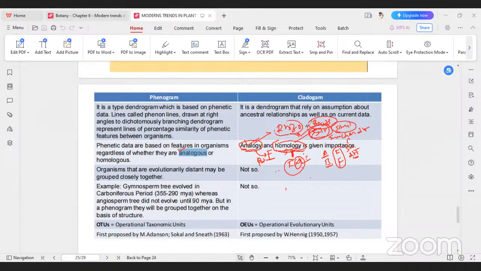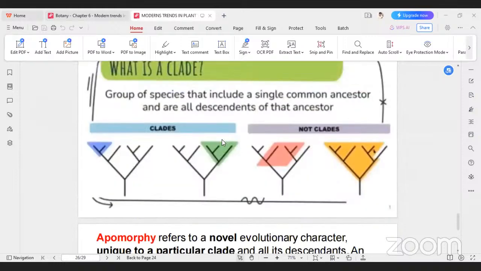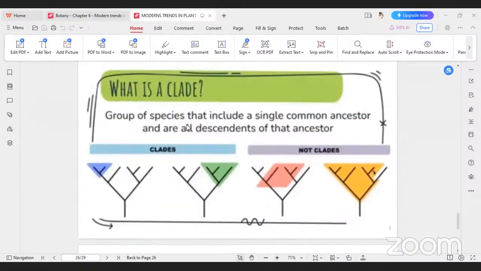OTU, operational taxonomic unit, I already told you. OEU, operational evolutionary units. And what is a clade? I already told you. A clade is a group of species that includes a single common ancestor and all descendants of that ancestor. That is called a clade. For example, you can see here